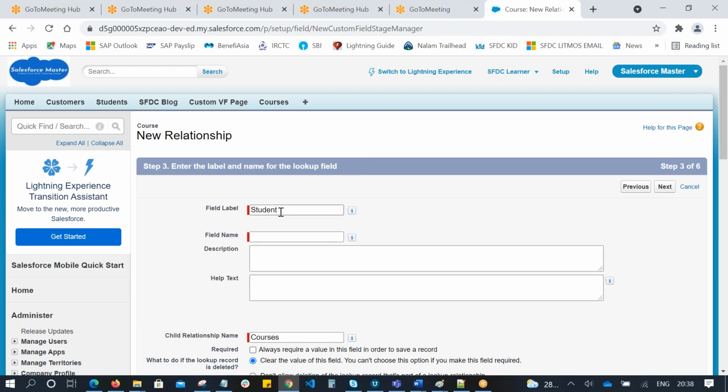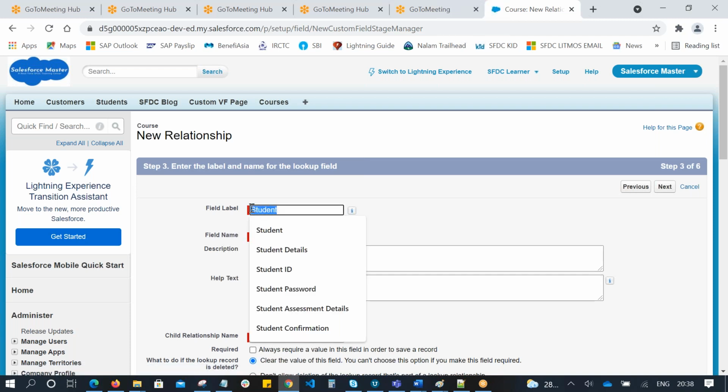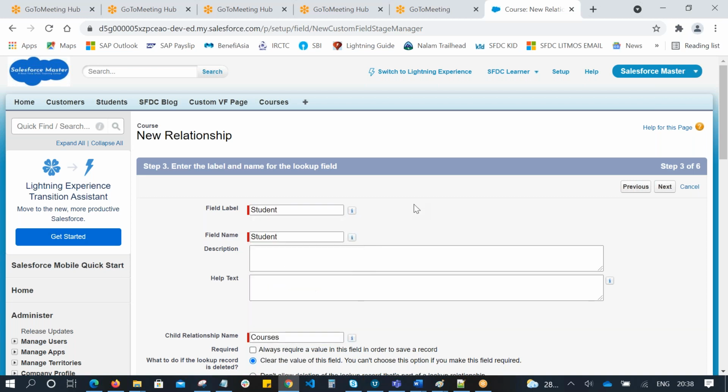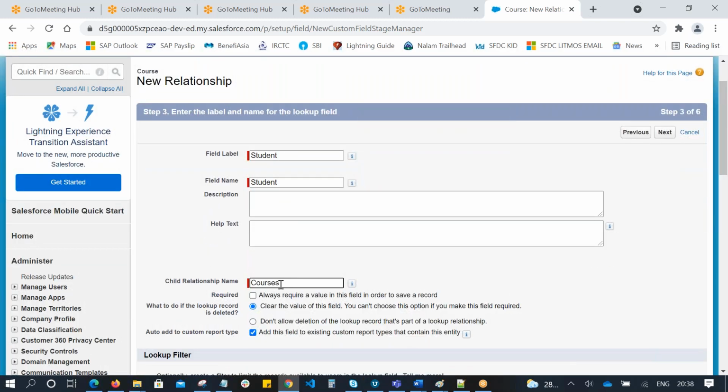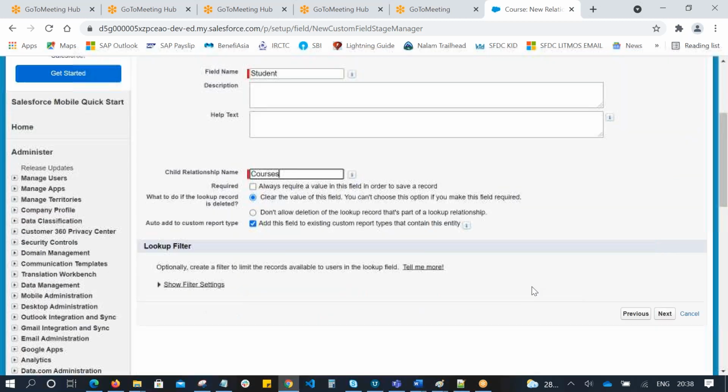This is the relationship name. In the course object, the relationship name is student, because we are relating to the student object. The child relationship name is courses. Click on next.